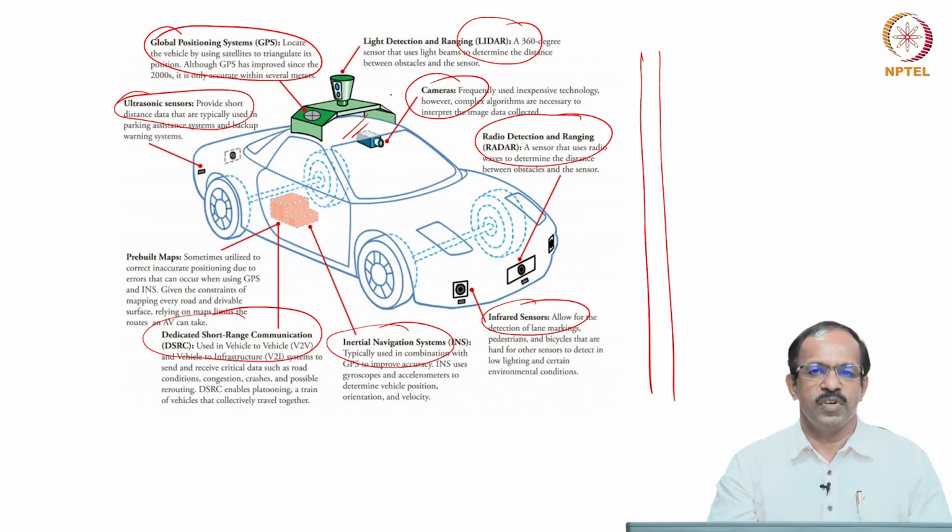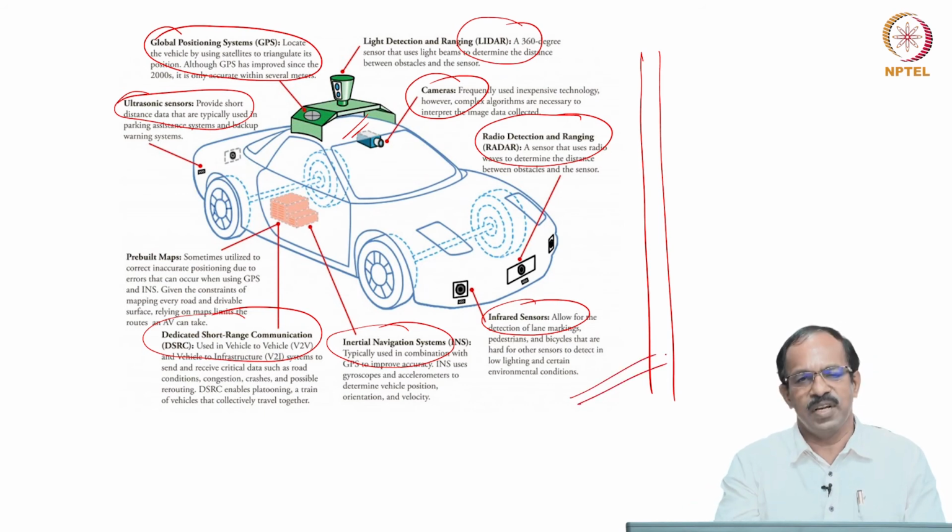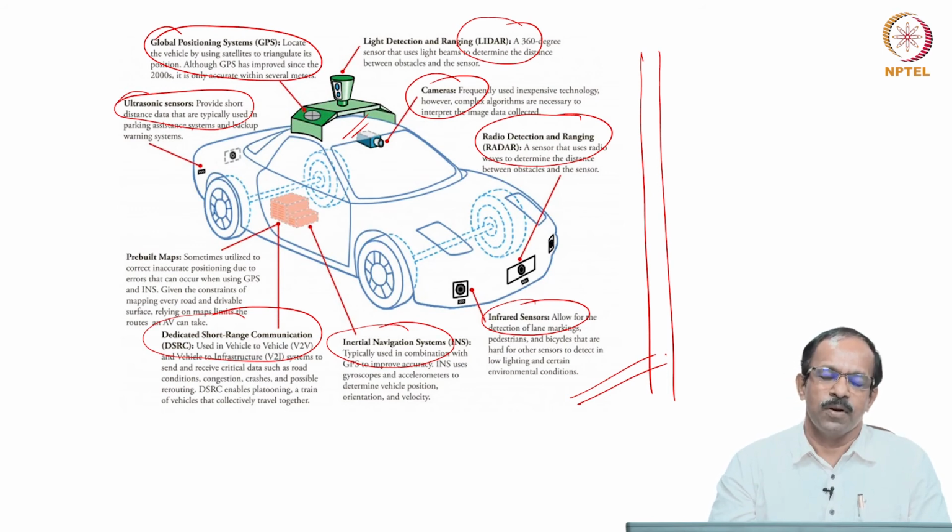Now, when you have so much information, we need to process all of it to get the perception of the environment, and that takes time. That's why many autonomous robots are very slow, because of the large processing of information, and then trying to overcome the uncertainties and have a good estimate of the surroundings. That takes a long time. So that is one of the reasons we still have difficulty in having fully autonomous systems or fully autonomous cars